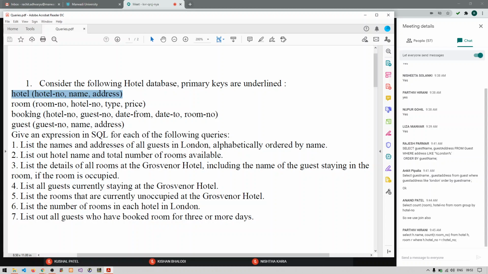So that would be the complete answer. You have to join all the four tables in order to get the output of this particular query.